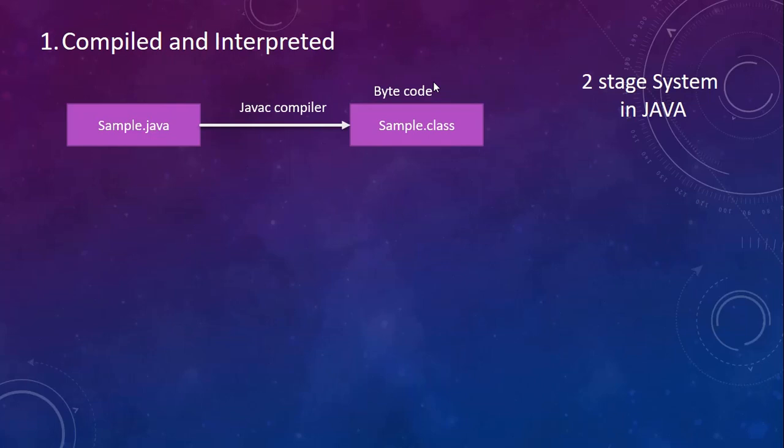Whenever you want to work with Java, the very first thing you will do is go to Oracle's website and download the JDK, that is the Java Development Kit. That's the first thing you will have to do. You will have to download it and install it on your PC. On that website you will see there are different flavors of JDK present. Suppose I want to download JDK 1.8.